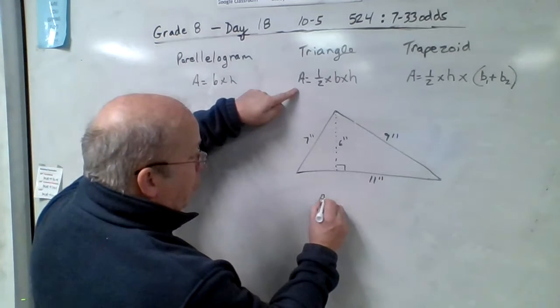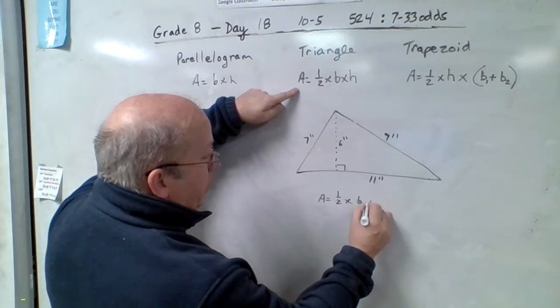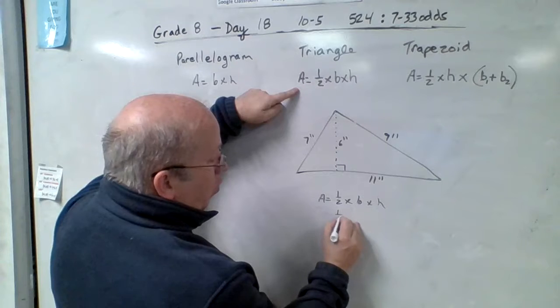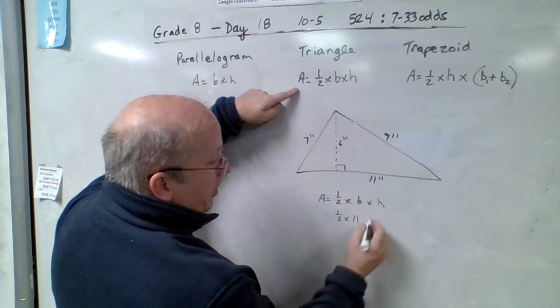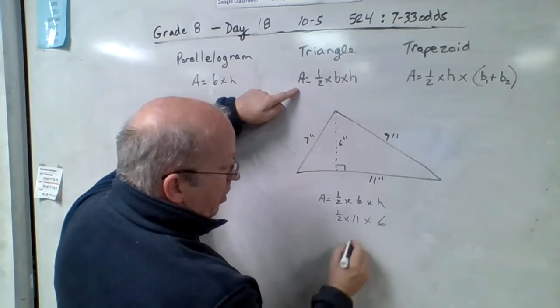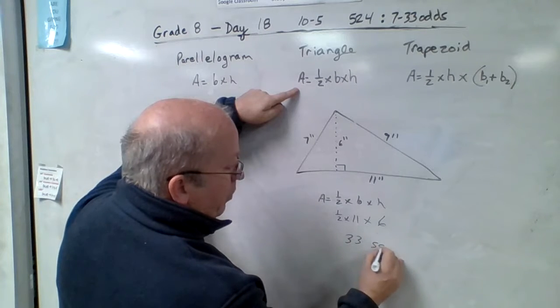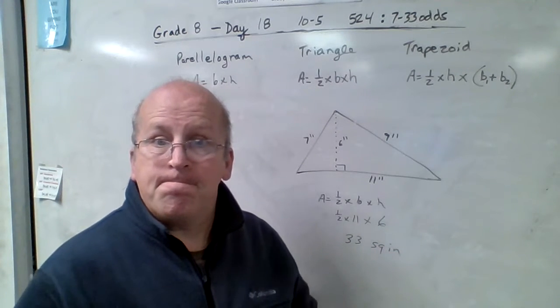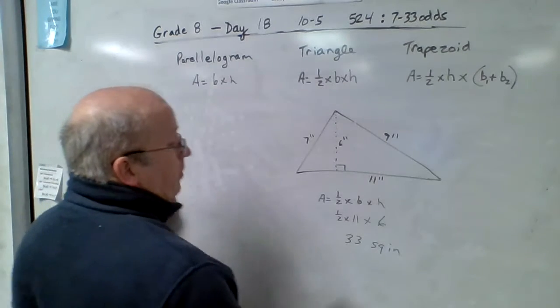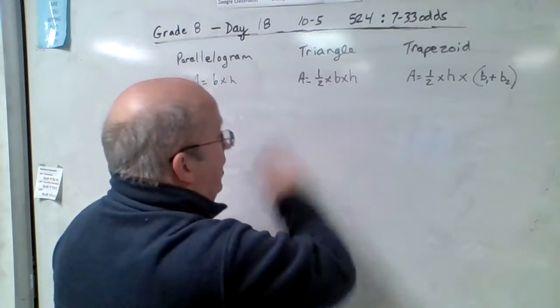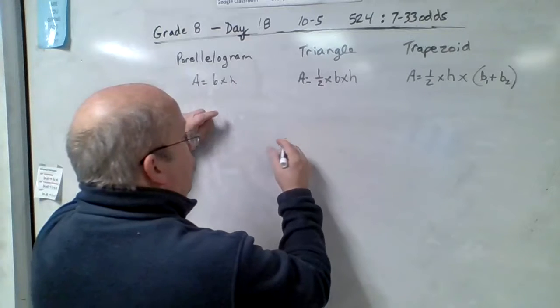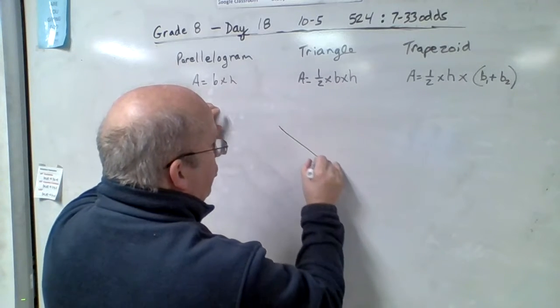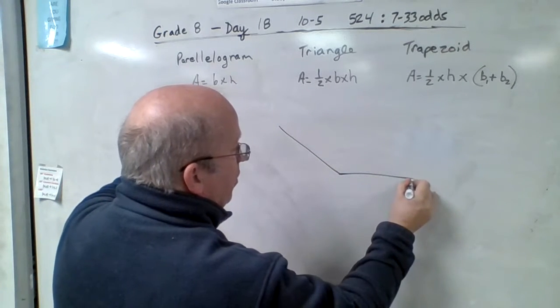So using our formula, 1/2 times base times height, we get 1/2 times a base of 11 times a height of 6. And that would be an answer of 33 square inches in this particular formula. Okay? Sometimes this gets a little bit tricky in that if you have a really obtuse triangle like this,